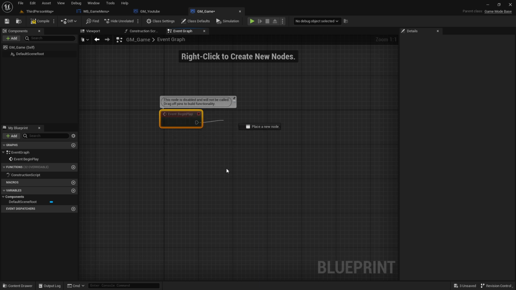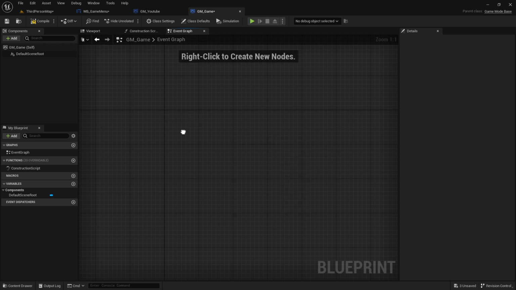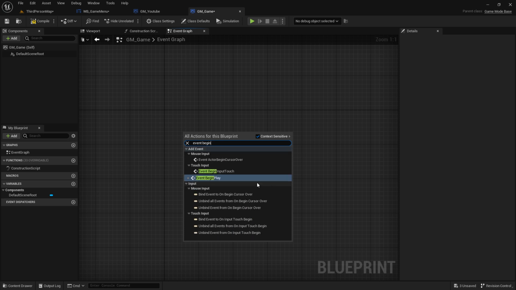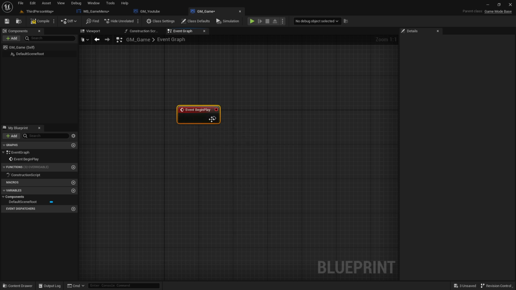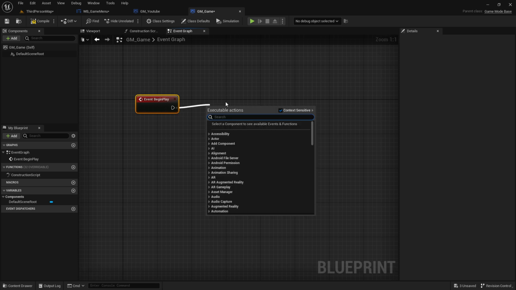It looks only like this, but when you drag out this one, then it will work. And if it's not here, you can even search this, right click here, write event begin play. This is all the time the start node. It is very standard here, and then from here you drag out, and then you search, for example, to add